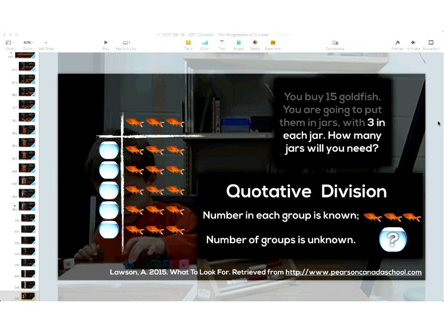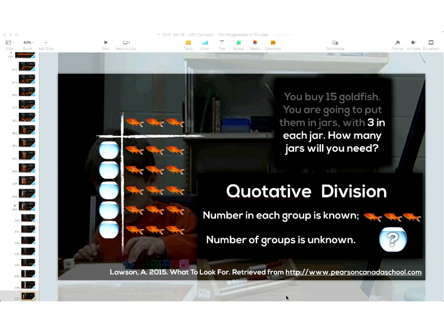Nicely done. So Sarah's our first to respond here. Just rewording this question slightly gives us a different perspective for this problem. So I have 5 jars. How many are going to go into each jar? So when we look at quotative, some call it, I believe, measurement division. So it's this idea that you could take those 3s and line them up, one next to the other, and you'll get a full measure of 15 or a whole 15.